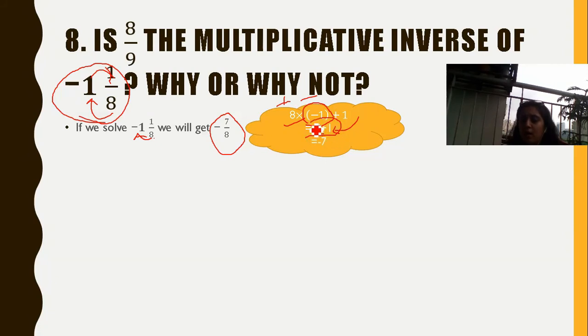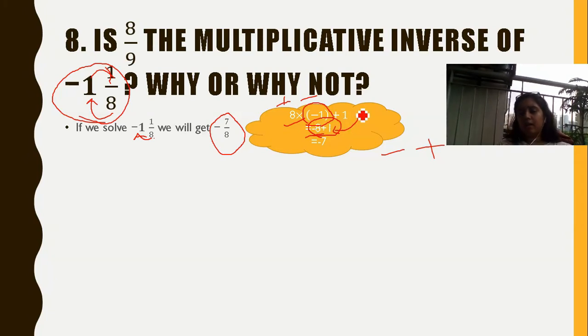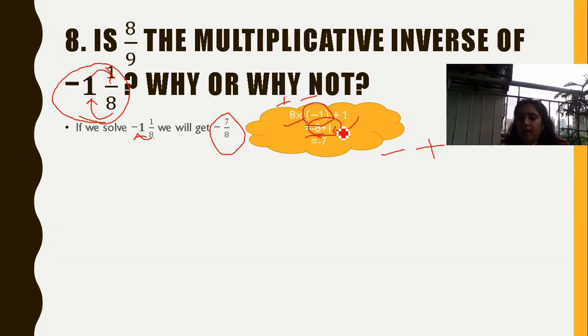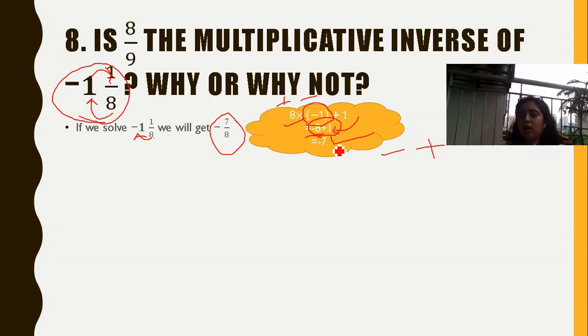So here I will apply the rule of addition. Here one number is negative, that is 8, and one is positive, and if one number is negative and another is positive, we have to subtract those numbers, and the sign of the answer depends upon the greater number. So I will subtract 1 from 8 and get the answer 7. If I subtract 8 and 1, 8 minus 1, that is 7. And the sign of this 7 is negative because the greater number is 8 and 8 is negative here. So our answer is minus 7. So our answer is minus 7 upon 8.